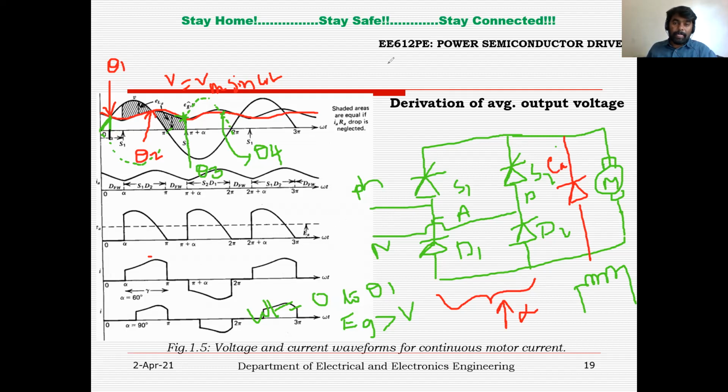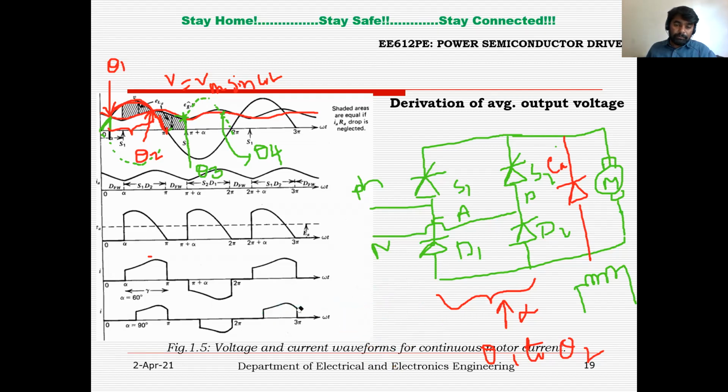One more point you can observe here. Between theta1 and theta2, you can see the instantaneous voltage is more when compared to the battery voltage. So you can say the battery voltage is less when compared to the input voltage V. So this is between theta1 to theta2. So now I can transfer the power from source to load during this theta1 and theta2 time interval. Again, after theta2 and up to pi, you can see the instantaneous input voltage is less when compared to the back EMF, just like the earlier case where the back EMF is more than the input voltage. The same thing you can observe during the negative half cycle also.